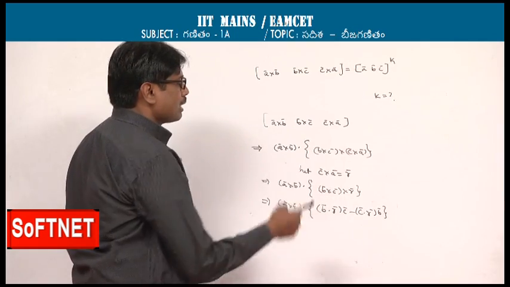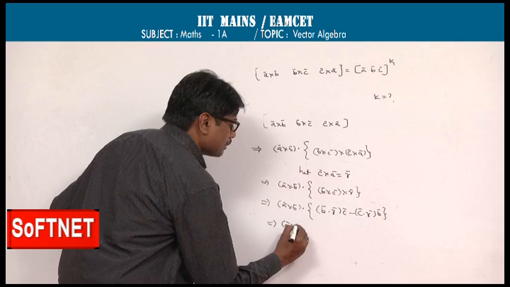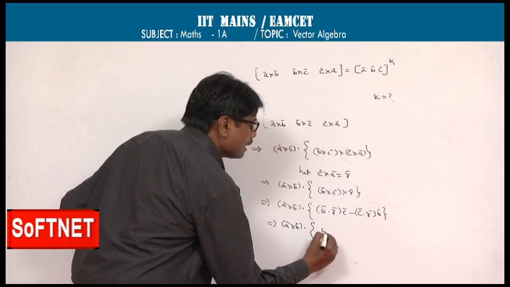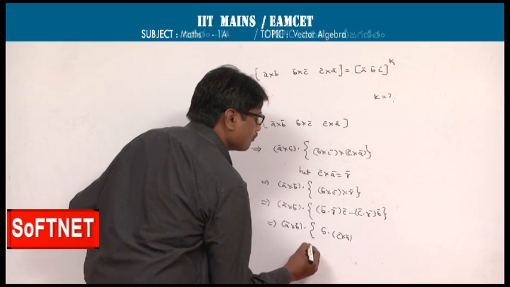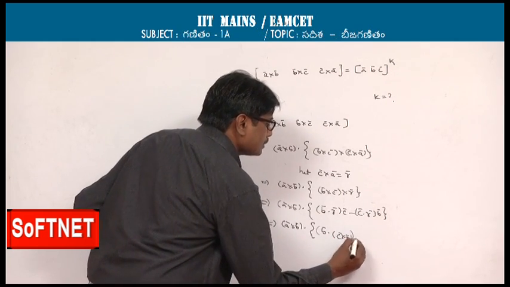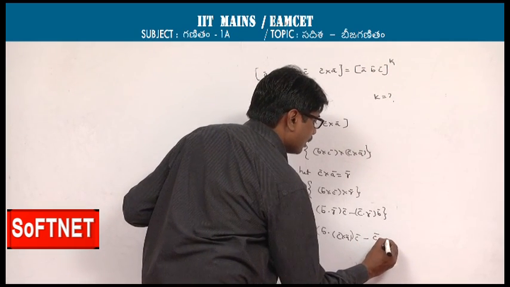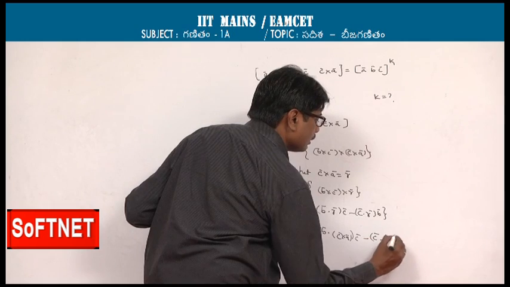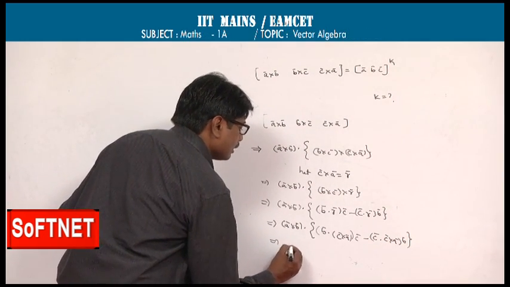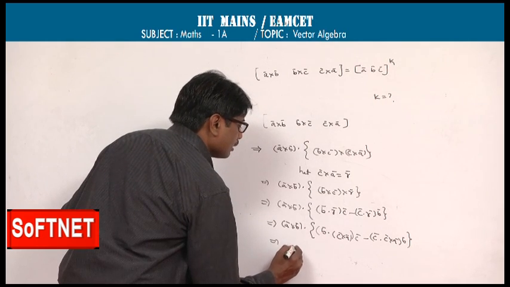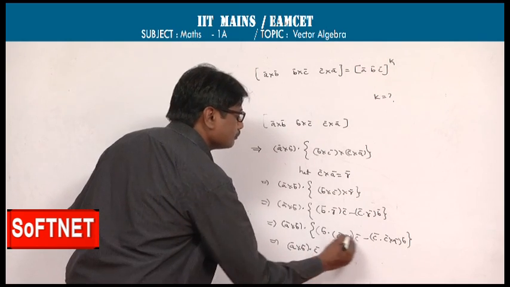Replace the value of R bar by C bar cross A bar, which is nothing but A bar cross B bar dot B bar dot C bar cross A bar times of C bar minus C bar dot C bar cross A bar times of B bar. This is nothing but A bar cross B bar dot C bar